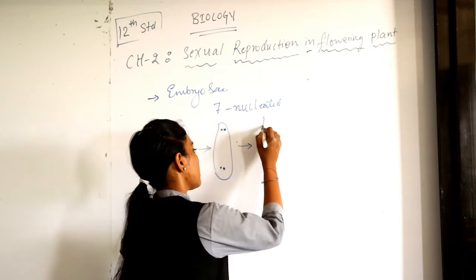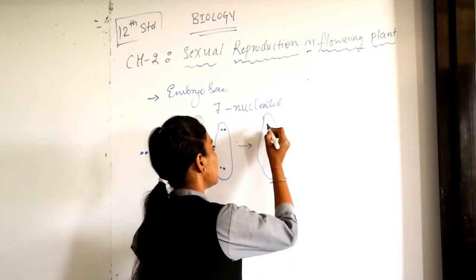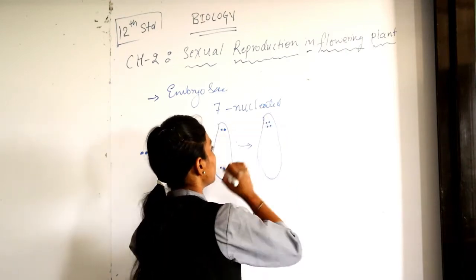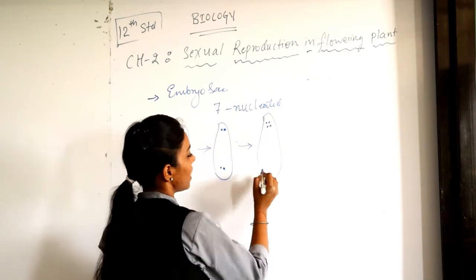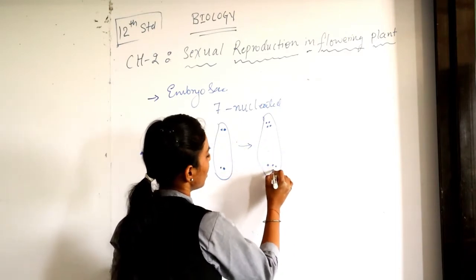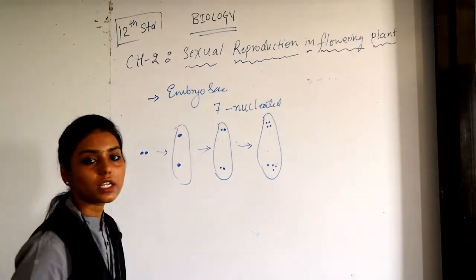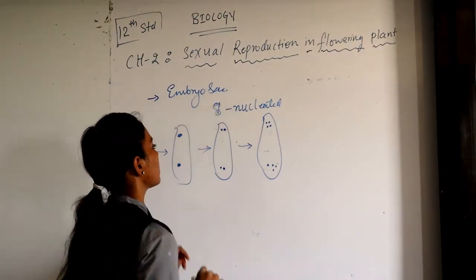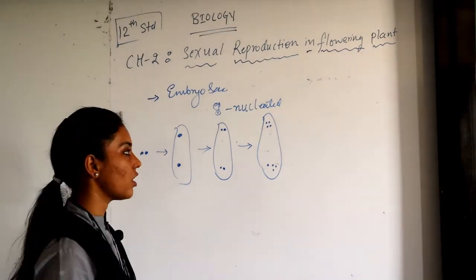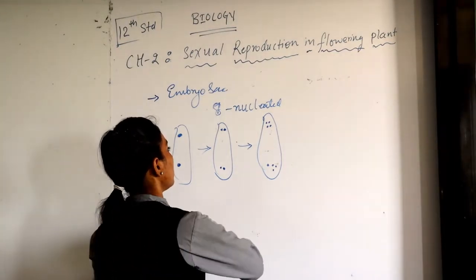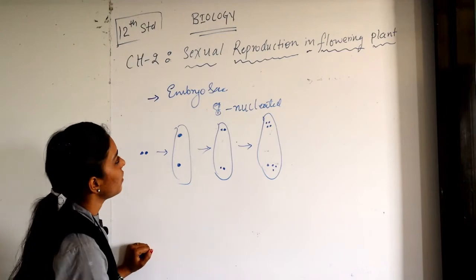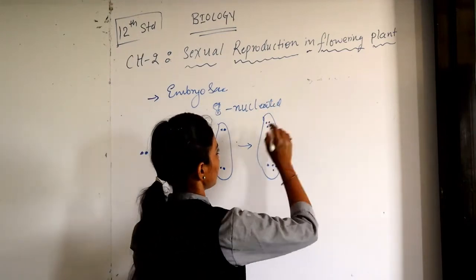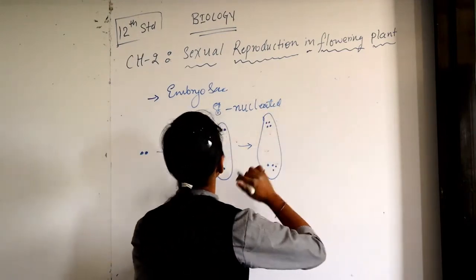Then on the other 2 nucleated cells, under mitotic divisions, were forming 4 different nucleated cells. So totally how many? It is 8. 8 nucleated cells were formed, and we have also seen how these structures are formed under